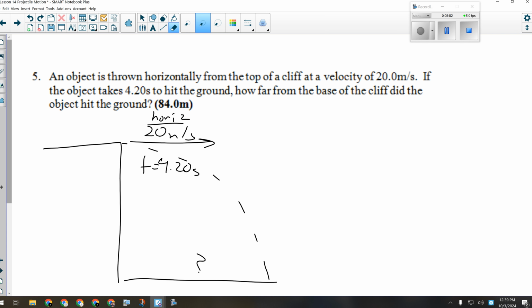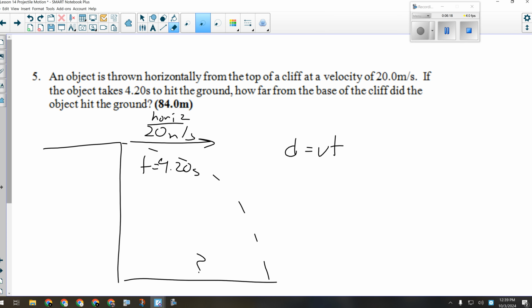Yeah, I gave you the horizontal velocity and I gave you the horizontal time. Well, actually the time for either one of them. Did you have to do anything vertical in this question? Once in a while I throw one like that at you just because. People look at it and go, it can't be that easy. Sometimes it is. So on this question, if you were overthinking it, all it was d equals v